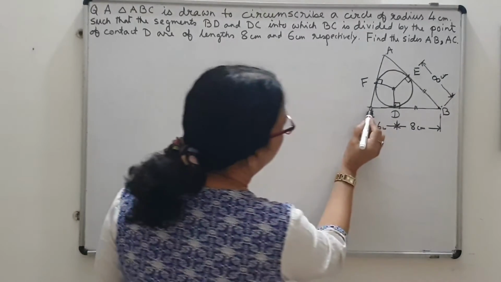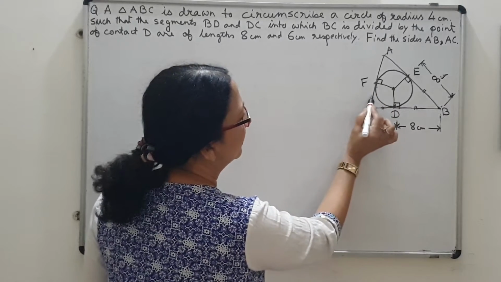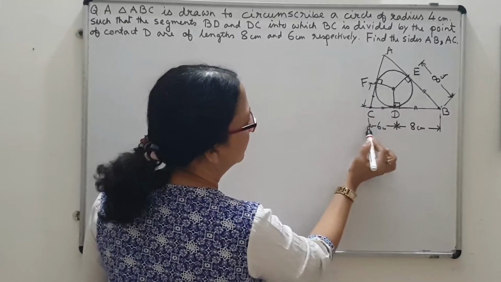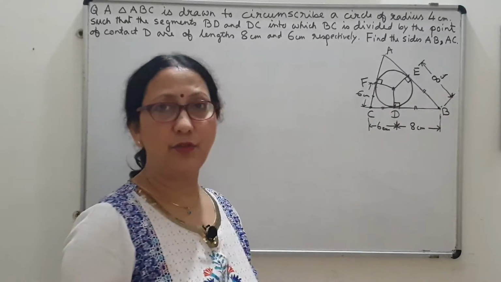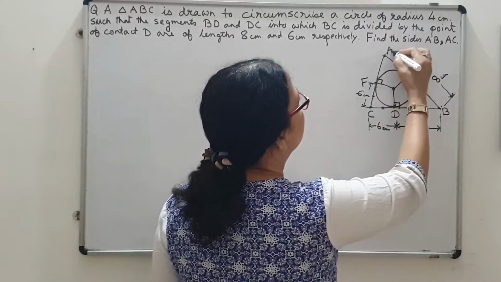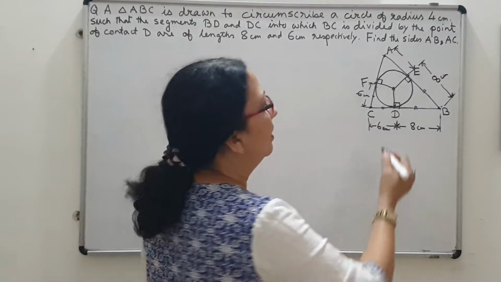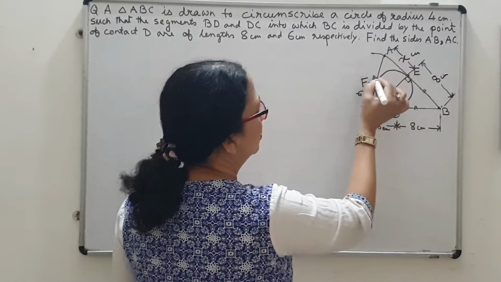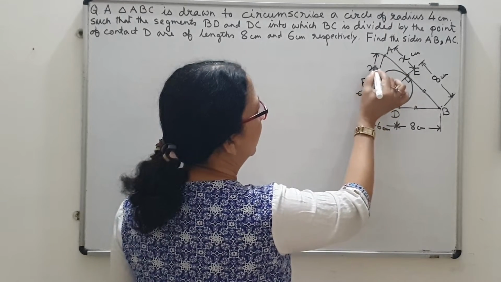Similarly, for the point C as the external point, CD is the length of tangent and CF is also a length of tangent. So CD will be equal to CF. So I can say this length will be equal to this, so this will also be 6 centimeter. This we are getting from the second theorem. And also when A is the external point, then this length, which is not given, let me take to be say x centimeter. So this length will also be equal to this length. This will also be x centimeter.